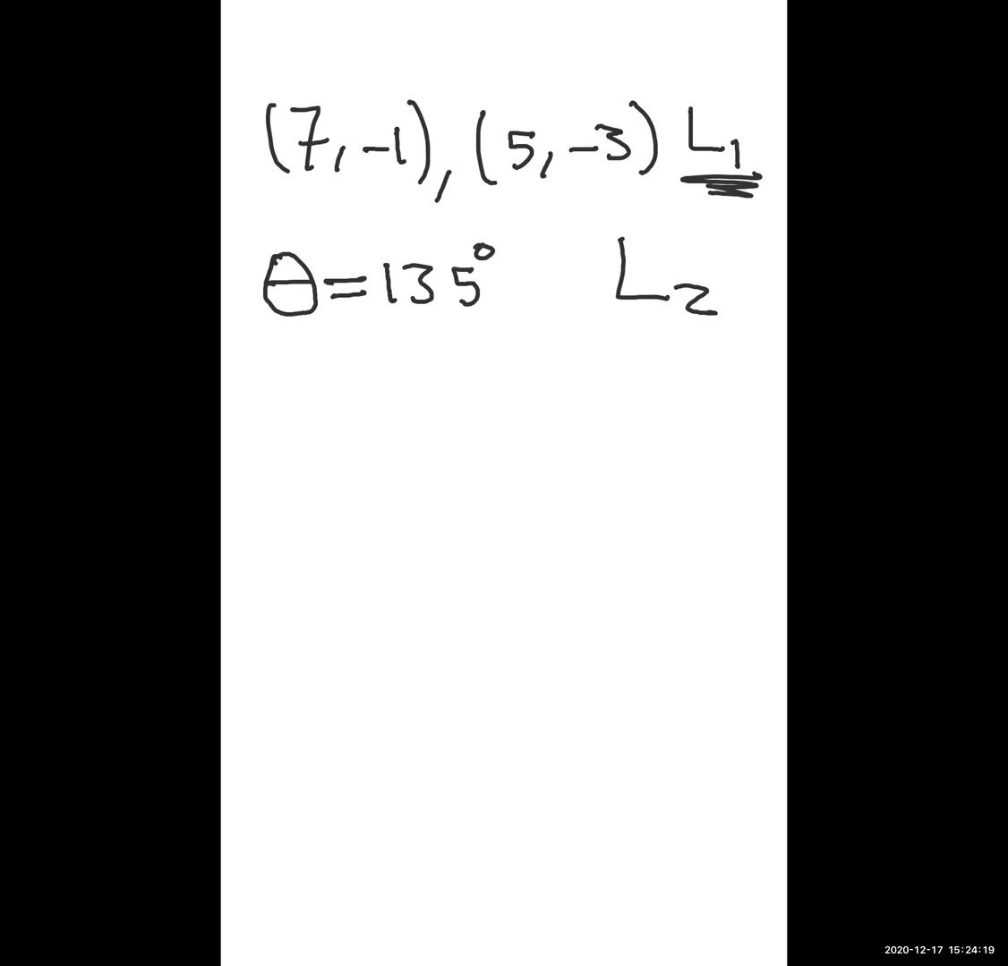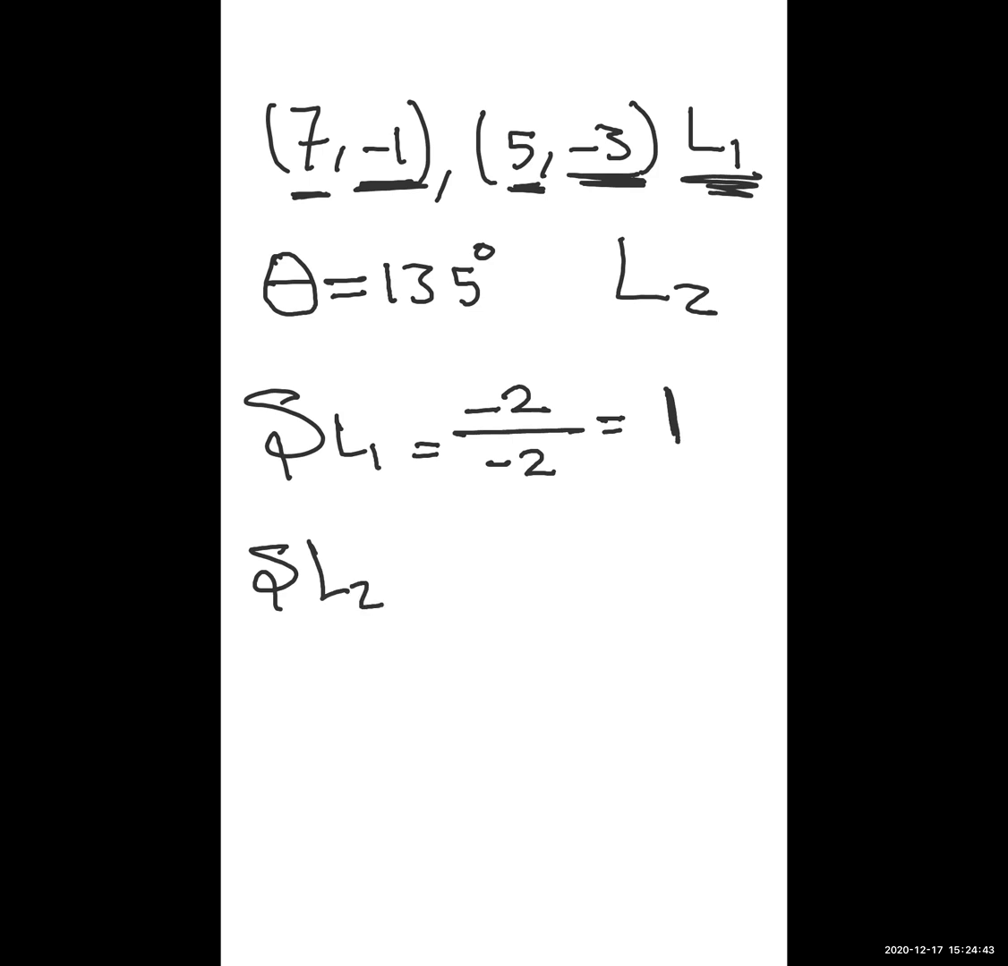Okay, first I will get the slope for the first line. It will equal (-3 minus -1), which is -3 plus 1, so -2, over (5 minus 7), which is also -2. So the first slope will equal 1. Okay, second one,